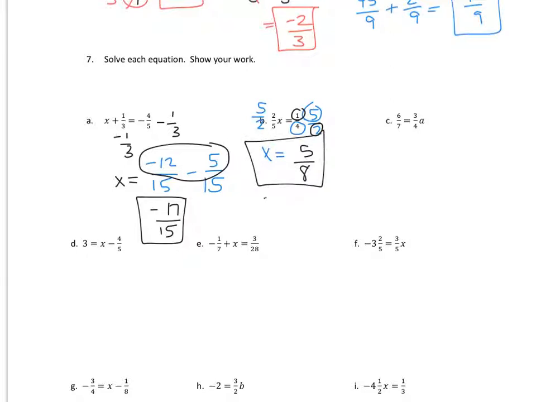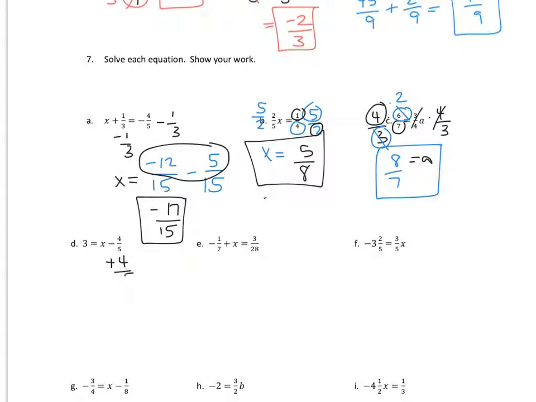And then C, same thing. You're multiplying by letter A. On the side of the variable, you multiply both sides by the reciprocal. So you have 4 and a 7 doesn't reduce, but 6 and 3 reduces to a 2. So it's 4 times 2, which is 8 over 7. And then letter D,